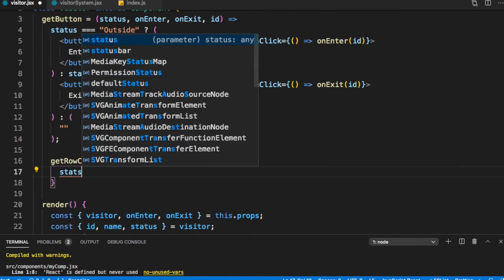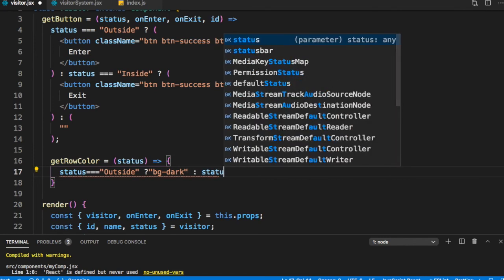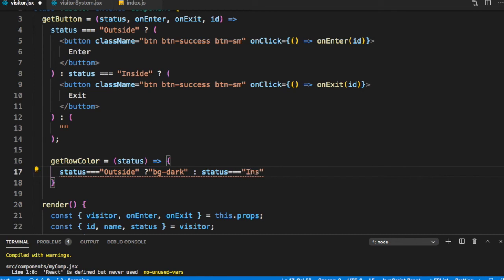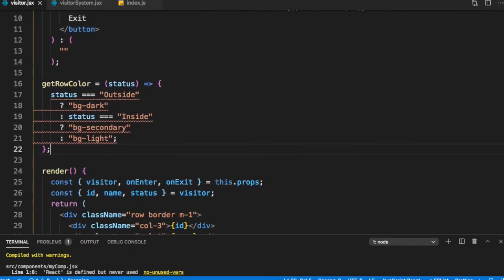So if status is equal to outside, then let's say it is bg-dark, otherwise if status is equal to inside, it is, let's say, bg-secondary, and otherwise it is bg-light. So we have gotten the color.